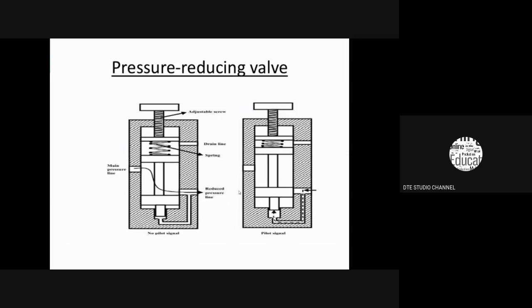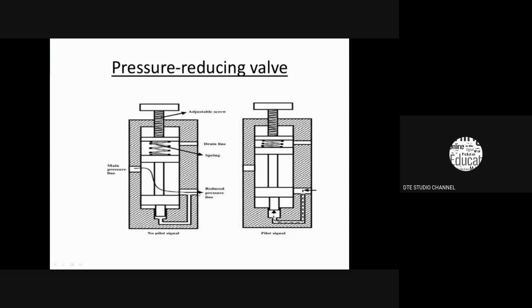Another type of pressure control valve is a pressure reducing valve. A pressure reducing valve is mainly based on the downstream pressure. It works on the principle of downstream pressure. It has 3 ports. The main pressure line is connected to the system, which at one end has a pump and at another end of the pipe an actuator. This is a common pressure line or pump port.